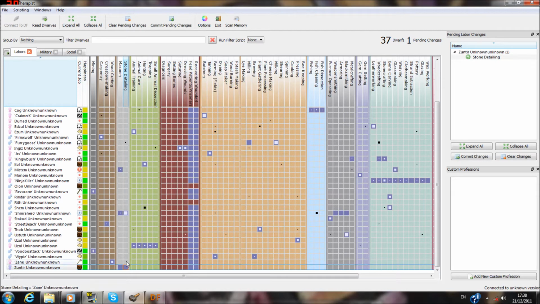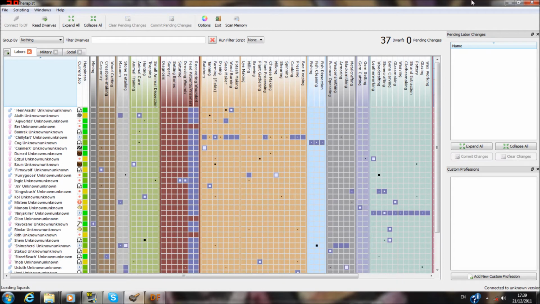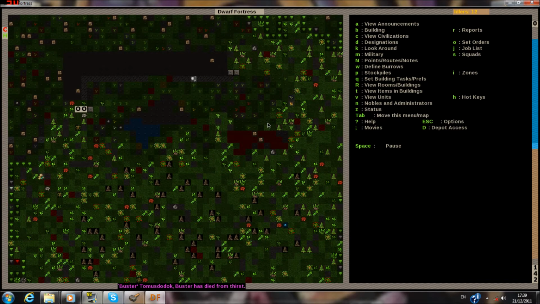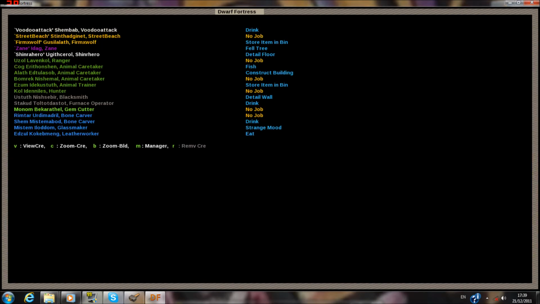Well, this guy's pretty much useless. So is this guy and this guy. So we'll give them stone detailing so that they can start smoothing down some more of that stone. Oh no, I hope that wasn't... Yep. And Buster just died. My bad. Well then,